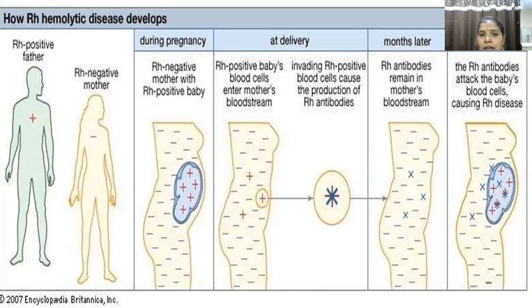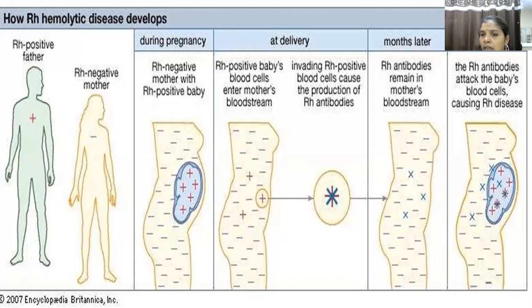So, RH negative mother with RH positive baby. Here, in those cases we discussed before, there is a fetal-maternal hemorrhage and the fetal blood comes in contact with the mother's blood. So in the mother, the antibodies will develop. A few months later, the mother's bloodstream has antibodies to Rh positive fetus. To develop antibodies takes a few months, so by that time the baby will be delivered, so it won't affect the first baby.